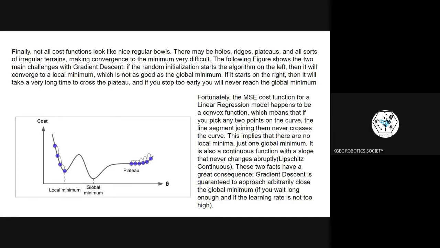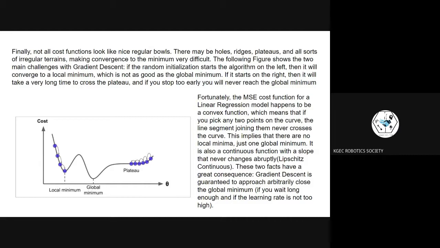If the random initialization starts the algorithm on the left, then it will converge to a local minimum, which is not as good as the global minimum. If it starts on the right, then it will take a very long time to cross the plateau, and if you stop too early, you will never reach the global